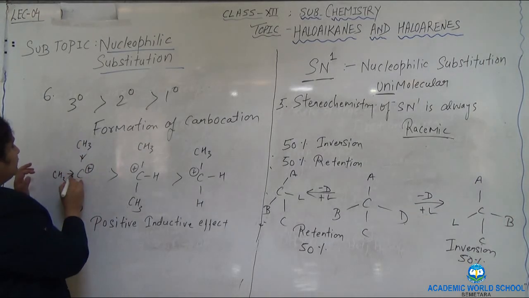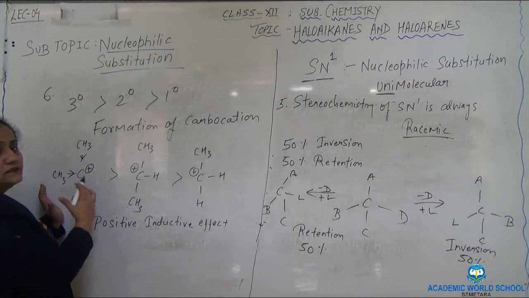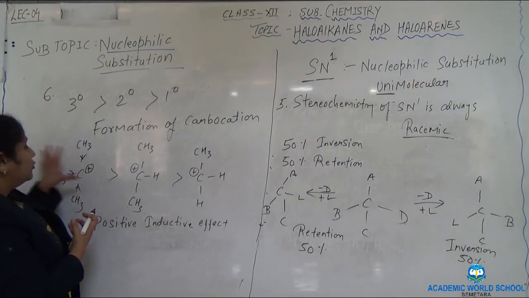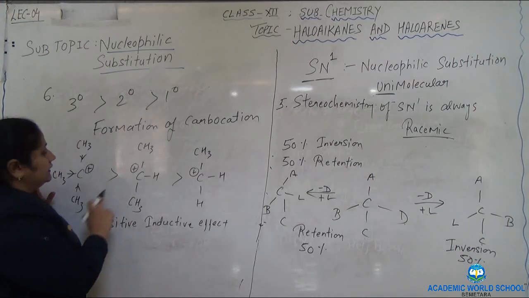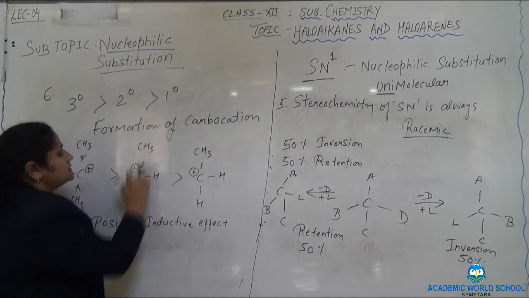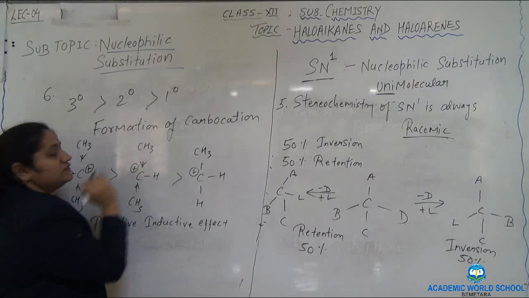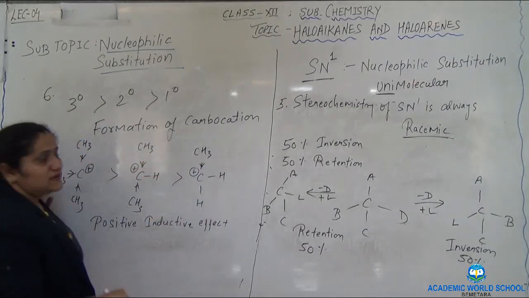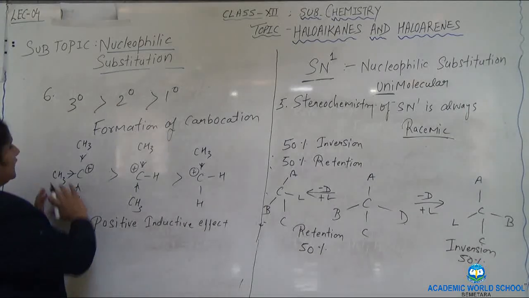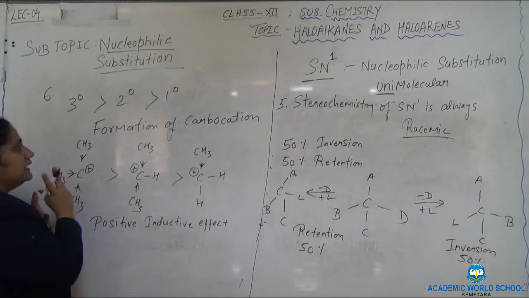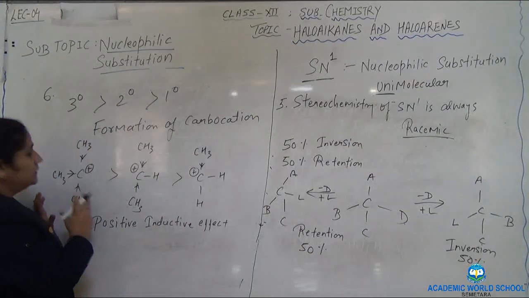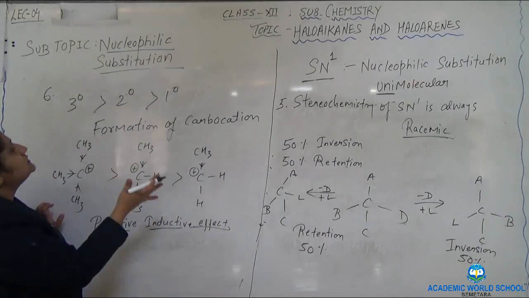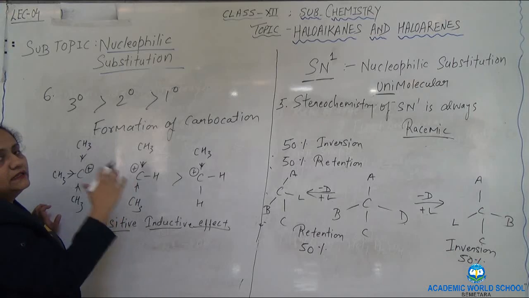The whole will shift toward the carbon atom, making the carbon an electrophilic center and making it more reactive. But in the second case, there is only the presence of 2 methyl groups. So 2 positive inductive effects will take place. And in the next one, only 1 methyl group is present. So here, as there is the presence of 3 electron donating groups, it is called the positive inductive effect, and the reactivity is like that, 3 degree, 2 degree and 1 degree.